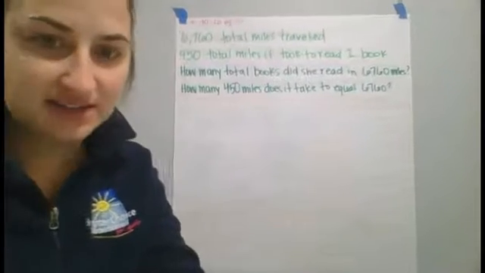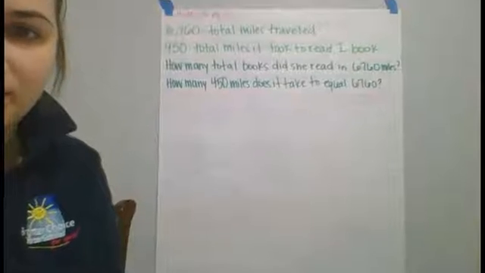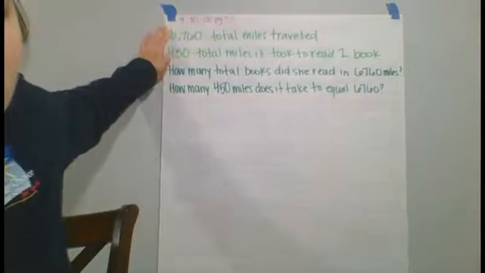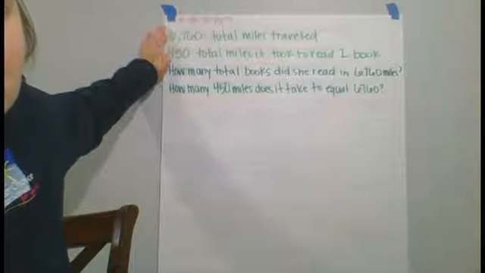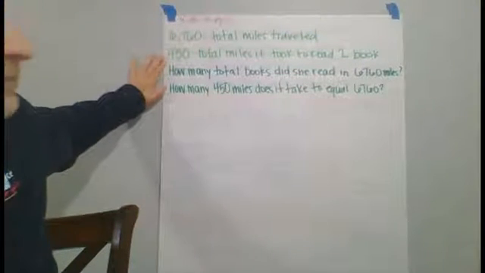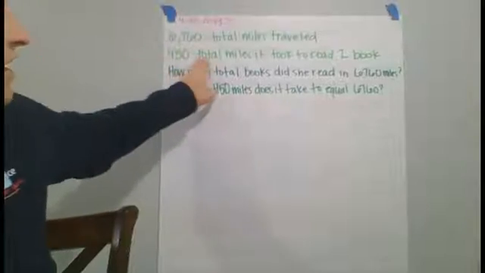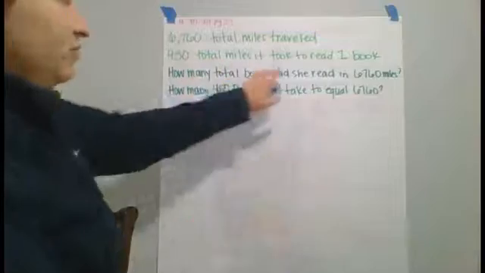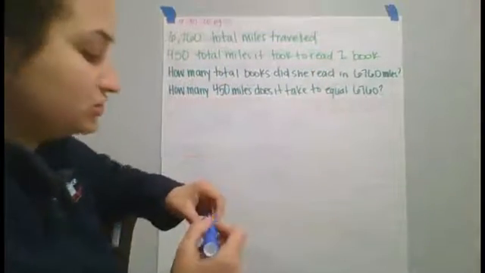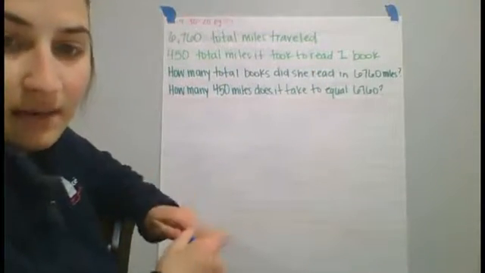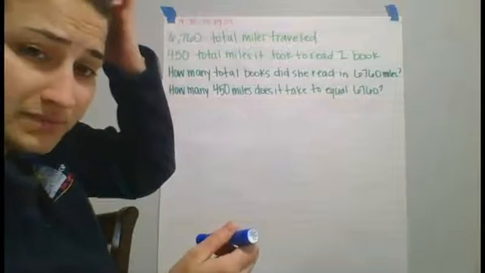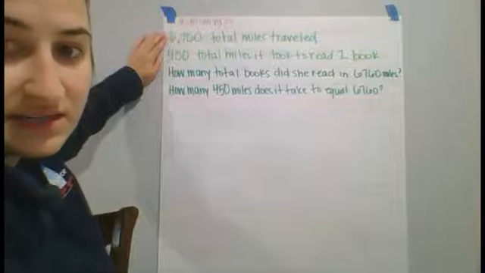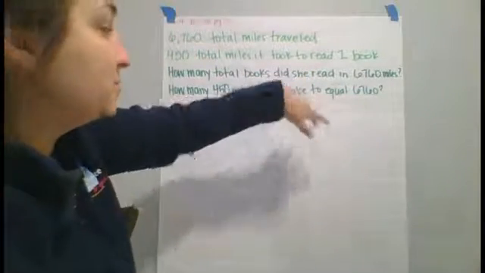All right, ladies, so let's take a look at our problem for today. So I have listed out 6,760, which is our total miles that Katie traveled on her trip. And then I also have 450, which is the total miles it took to read one book. So I kind of combined that 450 and the one book because those two quantities are really important together, because we want to figure out how many 450s we have in 6,760,